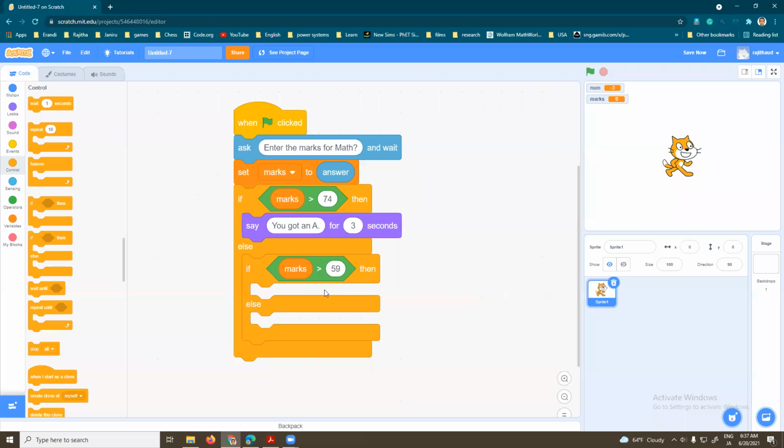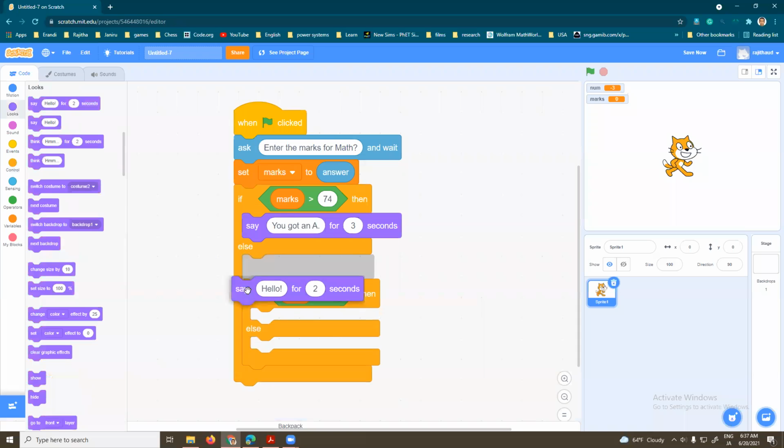Okay, so we have two conditions now. So first, if we want to come here, we have to fulfill two conditions. One is this should be false, otherwise it will go into here. This should be false and this should be true. That is what we want. Okay, if that is the case, we have a